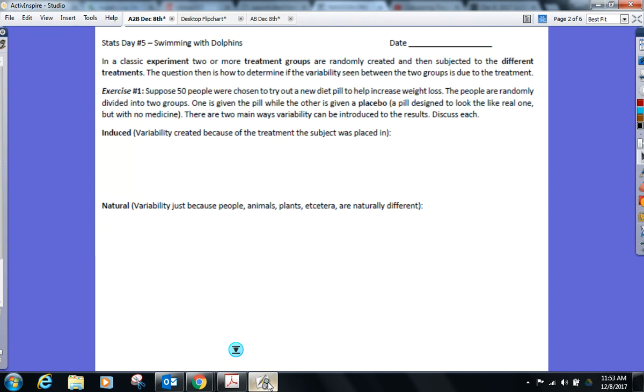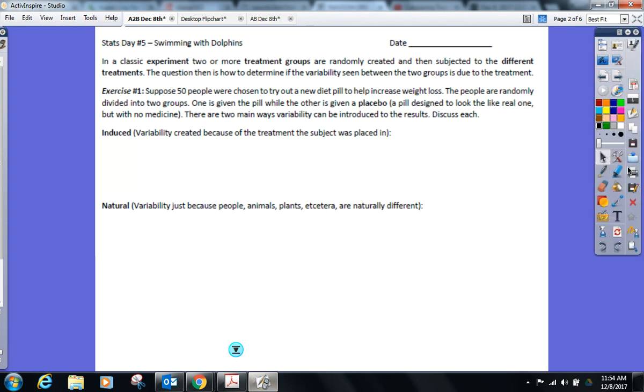Is it just because of the pill that they lost weight? Could it be? It could be, right? Just because of the pill. Or it could be what? What other factors could be that they lost weight? Other than just maybe the pill worked. Could be for what? Come on, I'm going to wait here. What other factors? They may have lost weight because, Catherine?